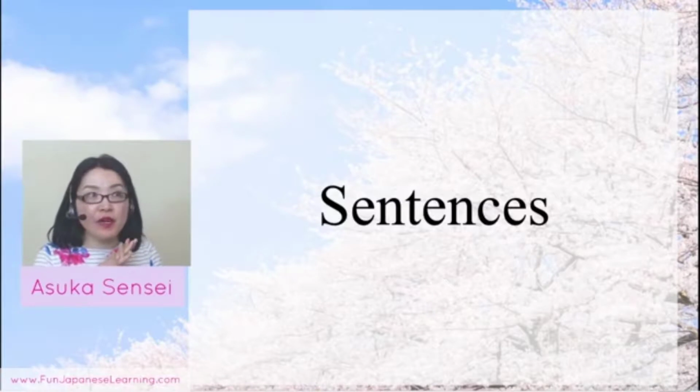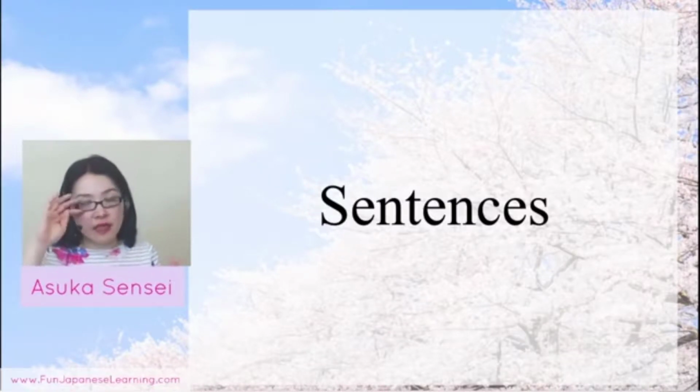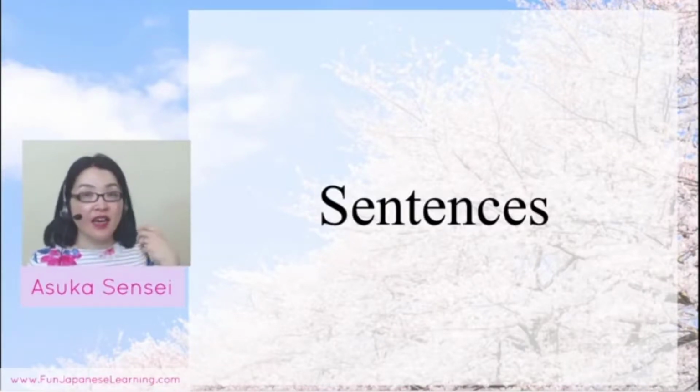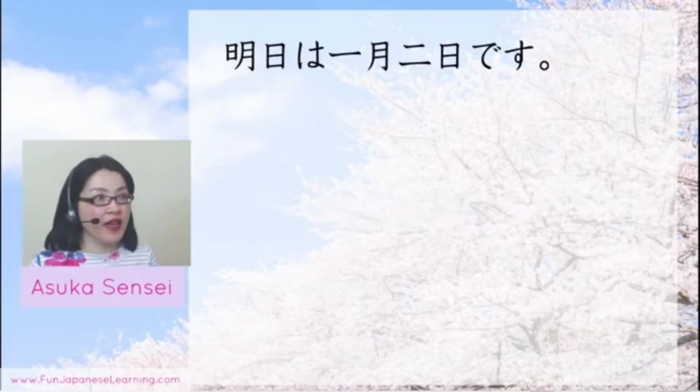If you don't know many Japanese sentences, that's totally fine. Maybe some of you already know lots of sentences and Japanese grammar. So I'd like to show you some example sentences, and then you can guess the meaning of each sentence. So let's try. The first sentence,